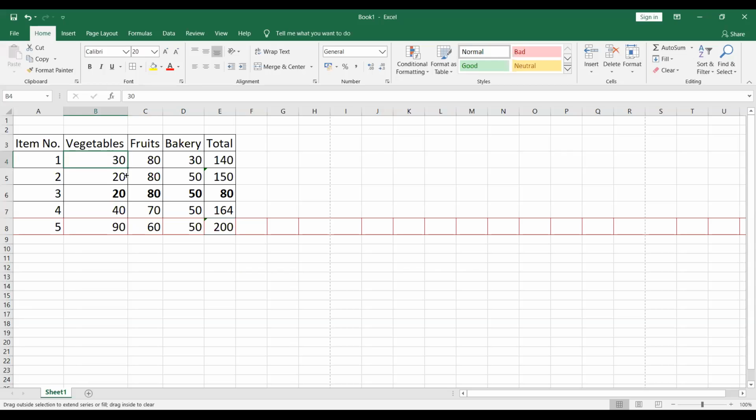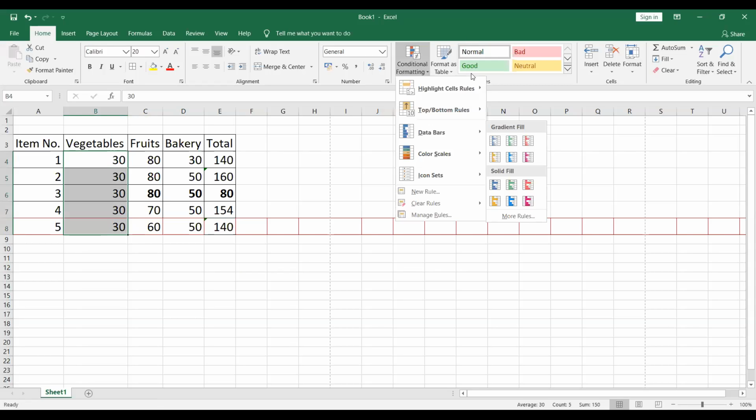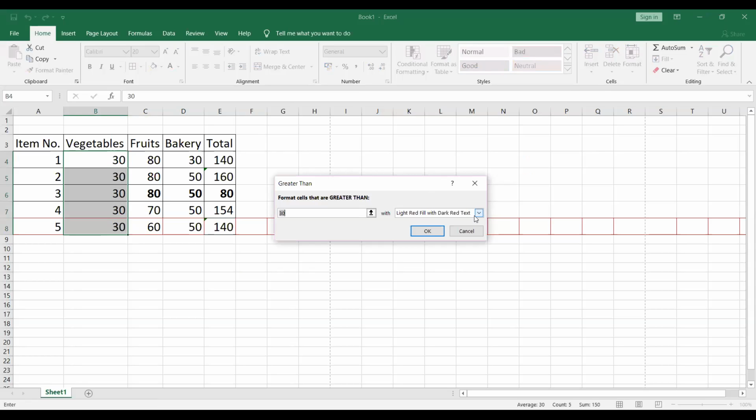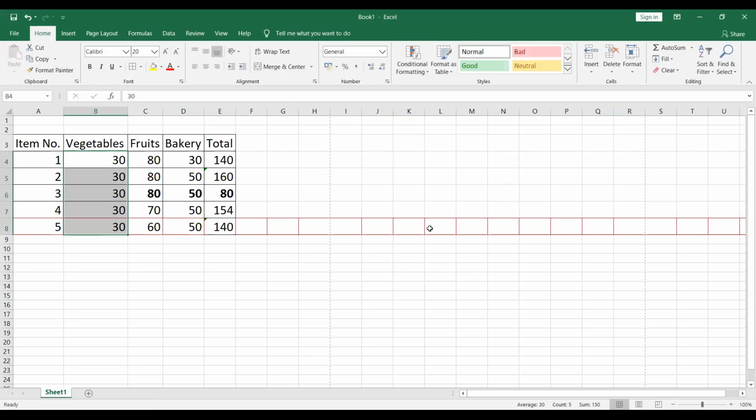Now if I'm selecting these all four lines, then what will happen here? I just want to highlight the cell rules which are greater than 30, and I have to fill it with the red text only. Now everything is 30 only, so no changes will be applied. So these conditional formattings are basically only to give you the essence of kind of filtering only. That means you have to pass a certain criteria for doing any kind of operation.